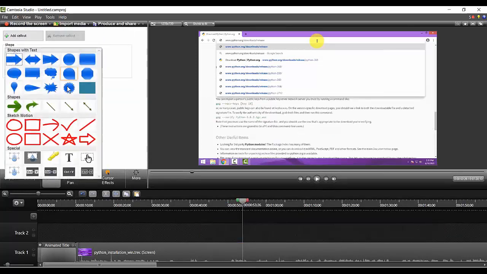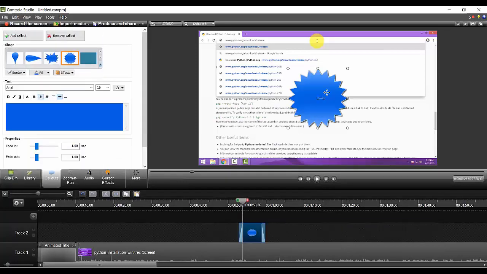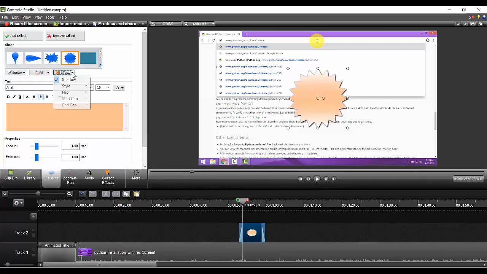Similarly, there are many options. Simply click it and it will come. If you want to change the fill color, you can choose any color you want, and automatically it will be applied. Now there are effects also. You can do shadow, and you can have different styles. You can use these inbuilt features to enhance your creativity while presenting. It will look like a button, to show your creativity.